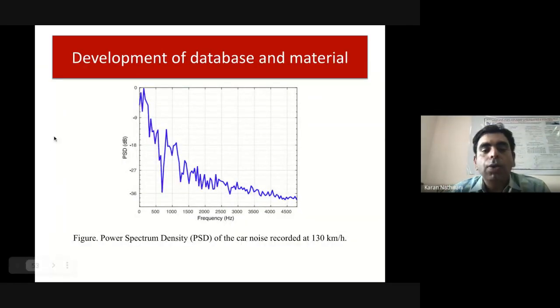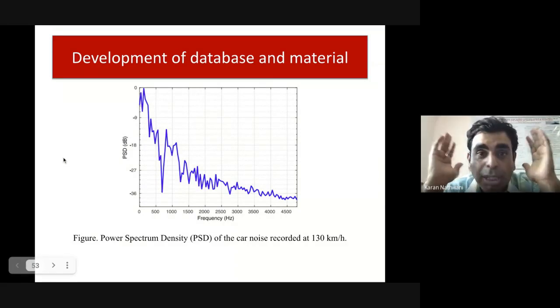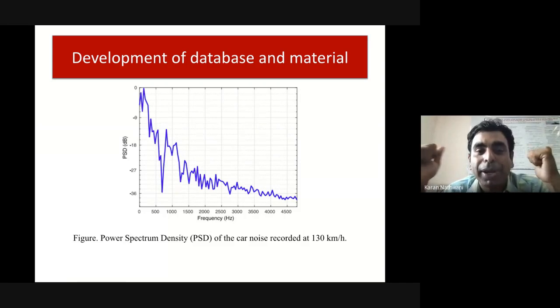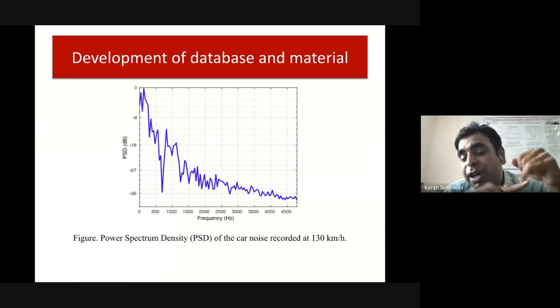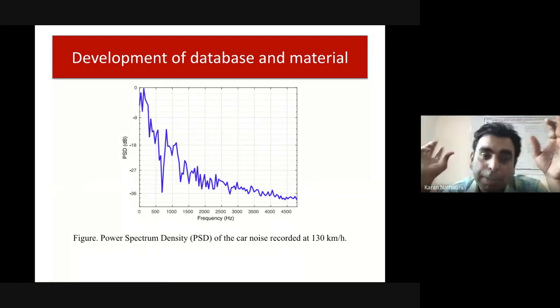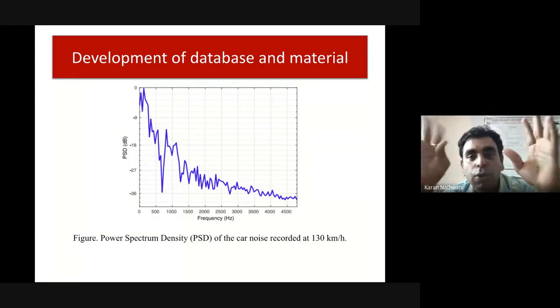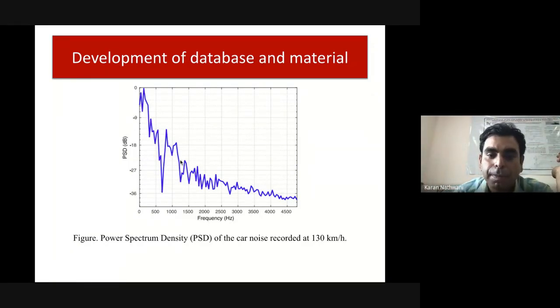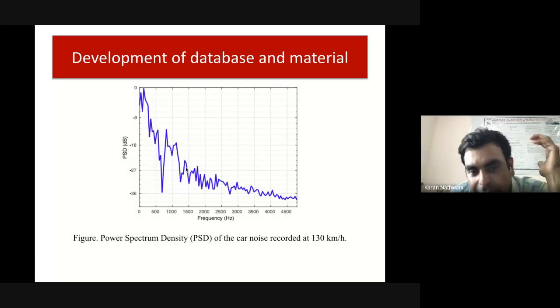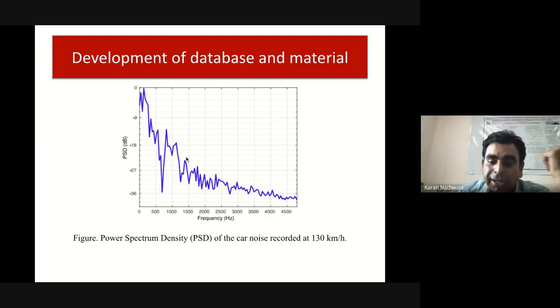Now, I was talking since the beginning about the fact that I am not going to touch the noise. That is my starting point, the difference between intelligibility and quality. In quality, you do the background subtraction and noise cancellation. I'm not doing it actually. I'm just looking at the noise. So this is my noise actually. You can see that up to 1000 hertz there is energy. After that, the energy goes down significantly. That is the idea in the development of the delta function.